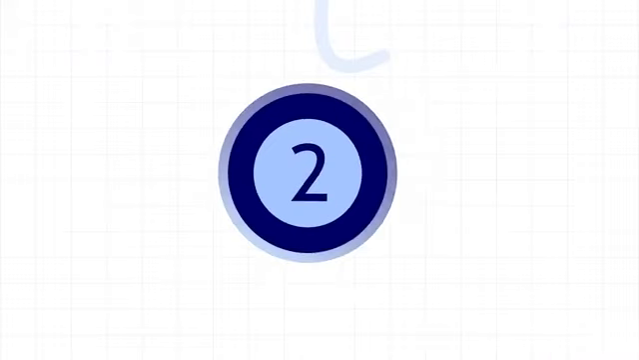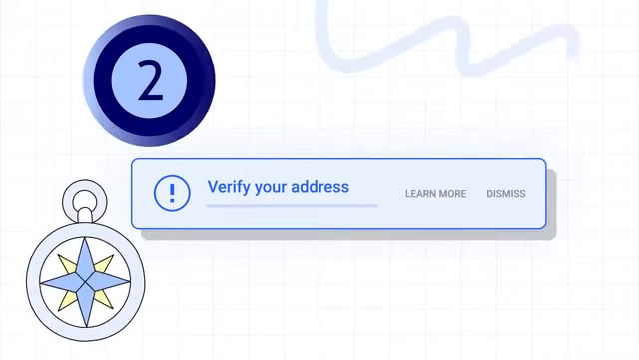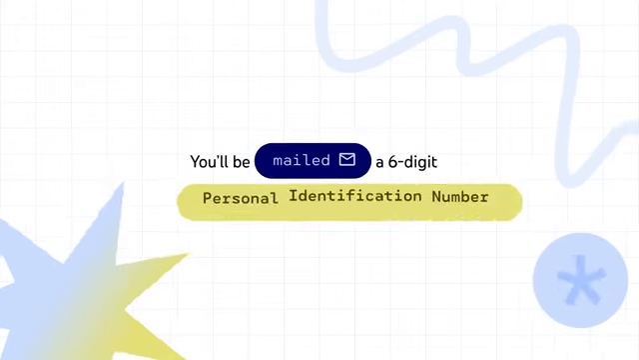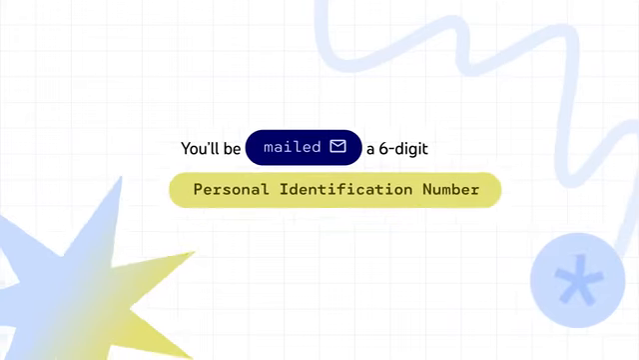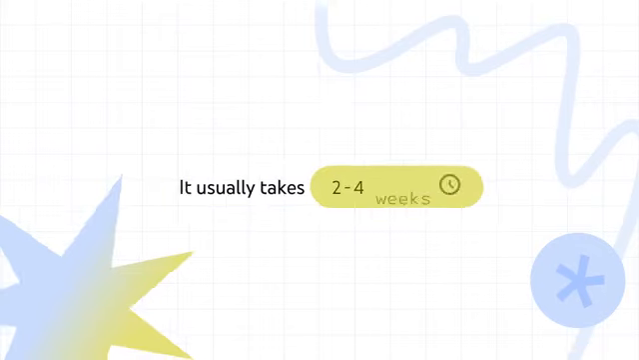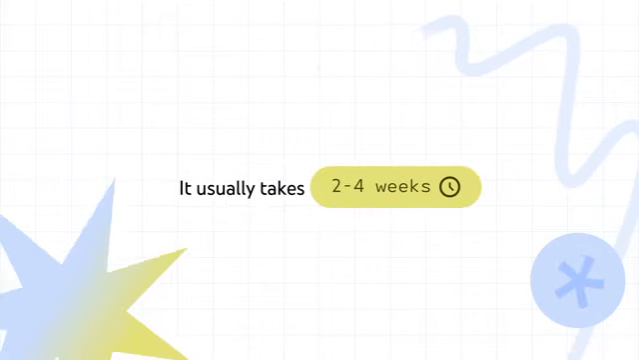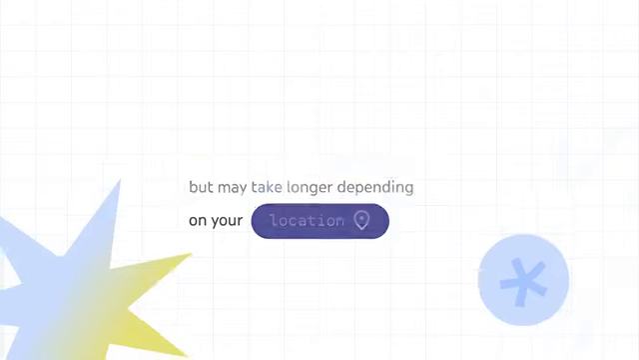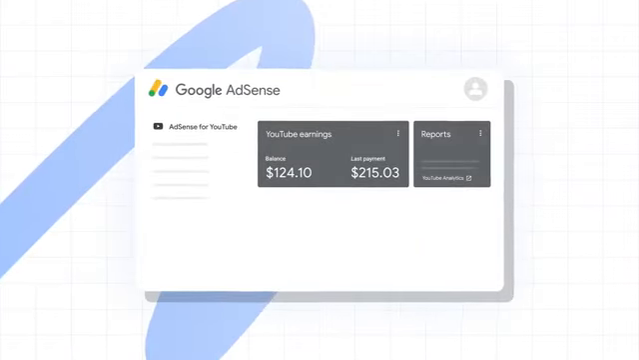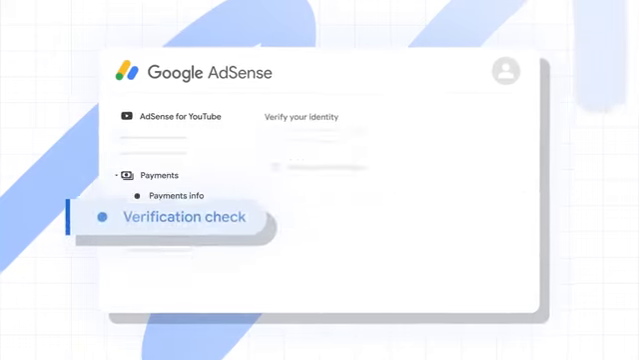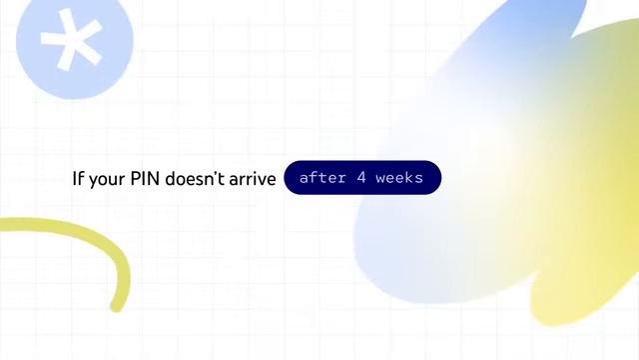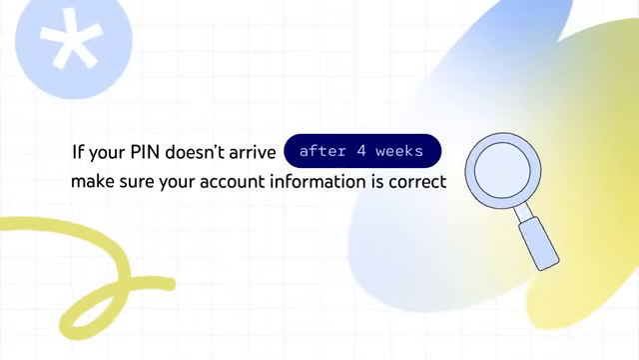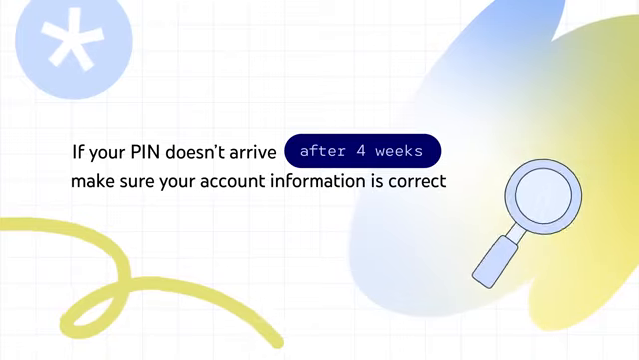Once you verify your identity, you'll need to verify your payment address. You'll be mailed a 6-digit personal identification number, also called a PIN. It usually takes 2 to 4 weeks for your PIN to arrive at your payment address, but it may take longer depending on your location. Once your PIN arrives, you'll need to enter it into your AdSense for YouTube account by going to Payments, then Verification Check. If your PIN doesn't arrive after 4 weeks, make sure your account information, including your payment address, is